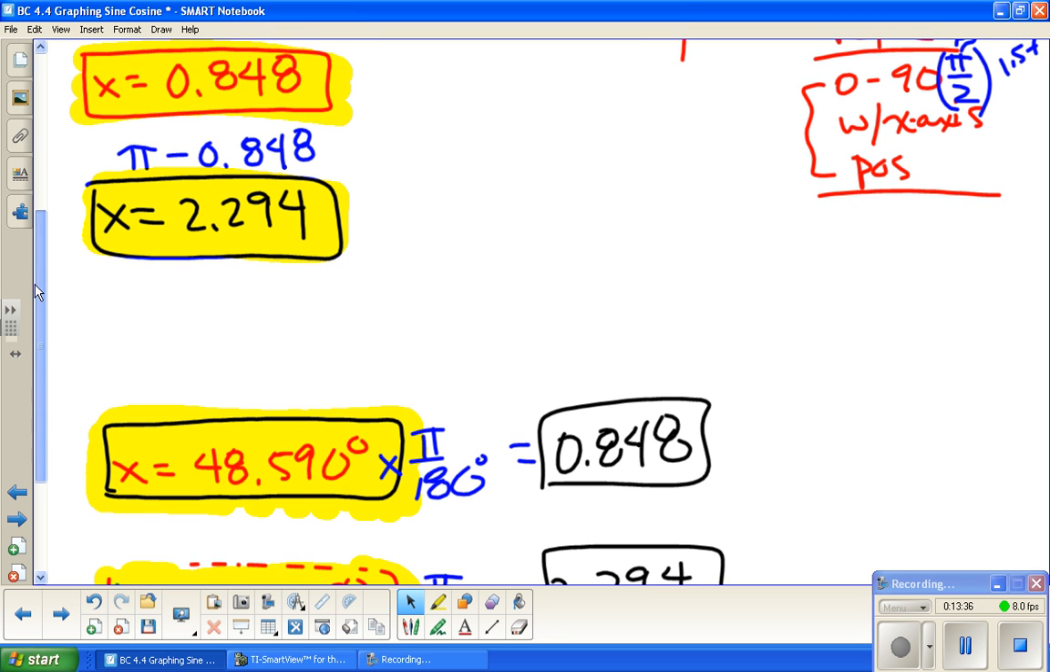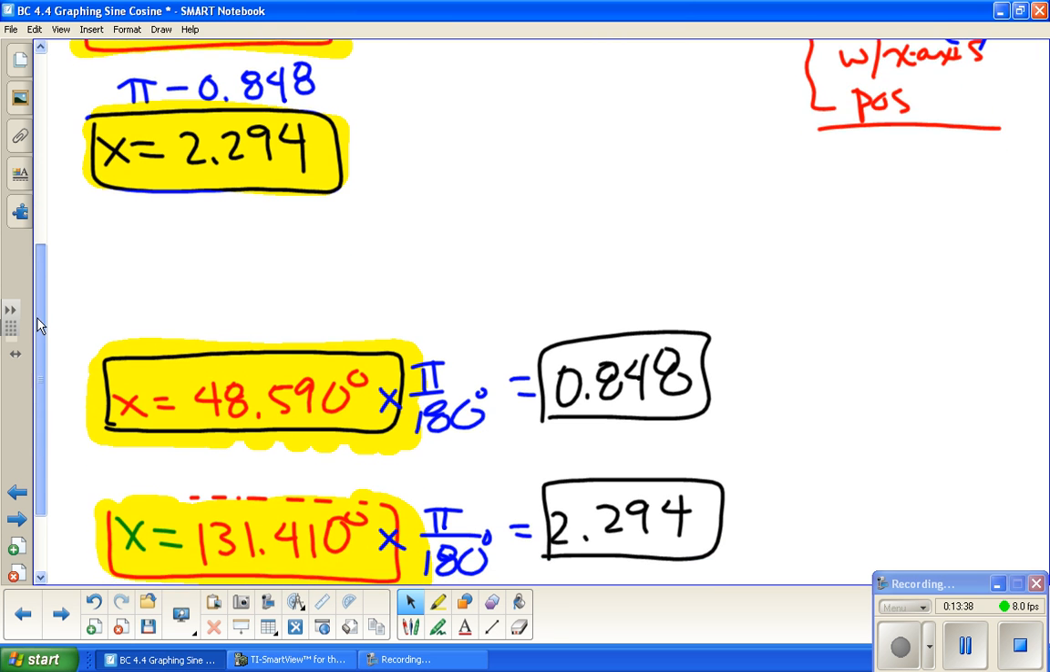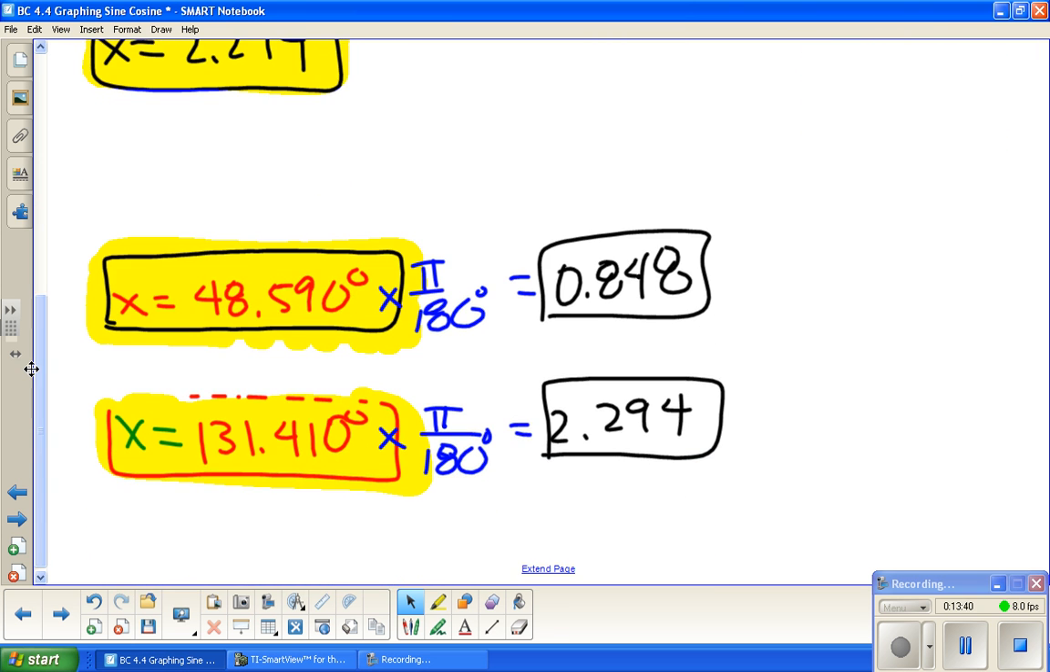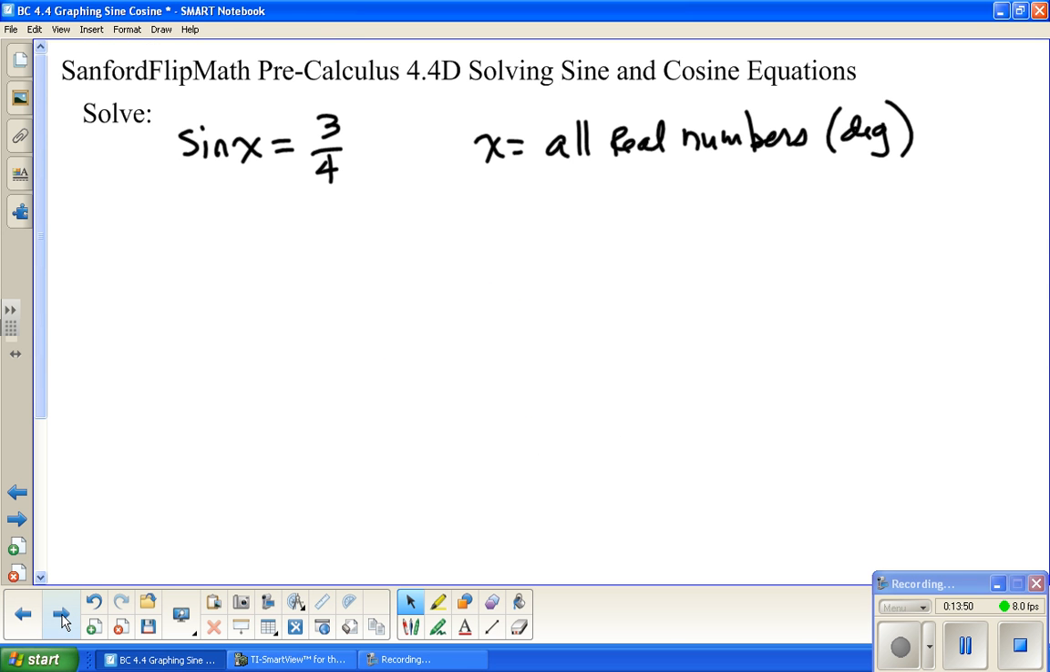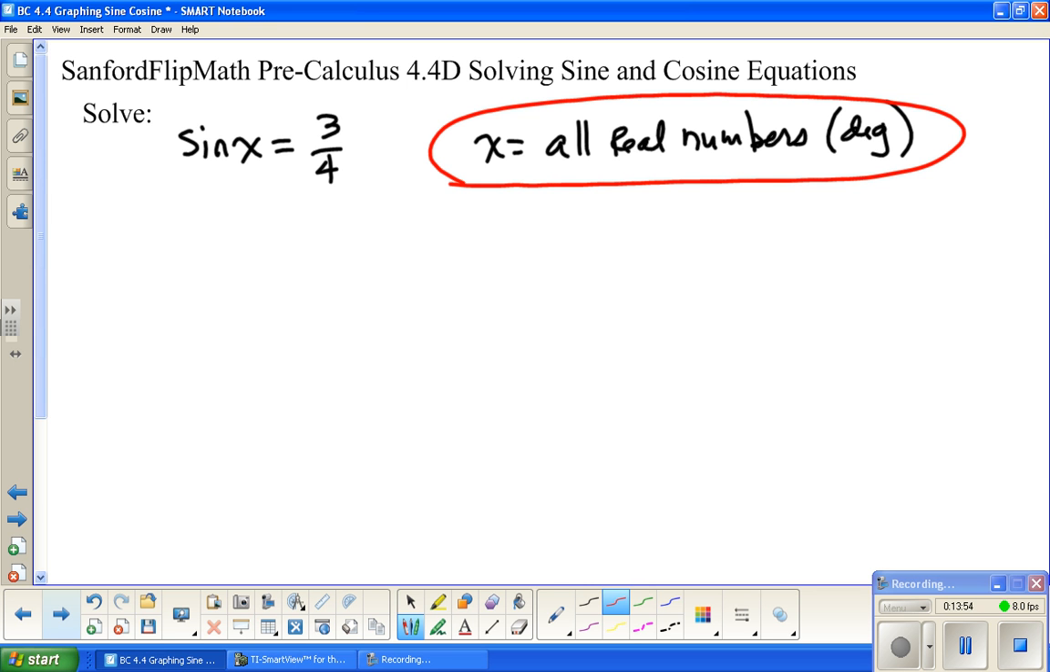Well, 0.848, 0.848, 2.294. So the answer is yes, you certainly can. Okay, all right. Well, that was exciting. Now let's up the ante just one more. What the heck does that mean? That means not only do I want the two different quadrants, I want all of the coterminal angles as well. In other words, not only do I want